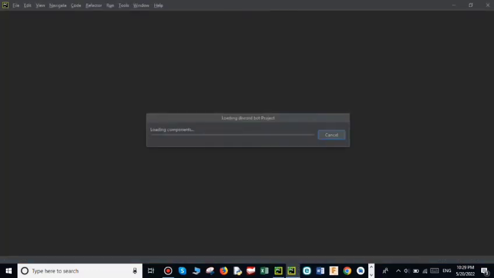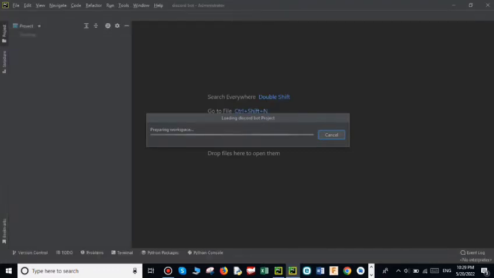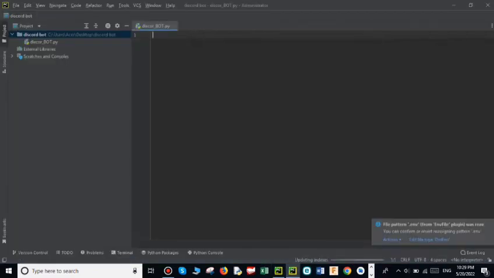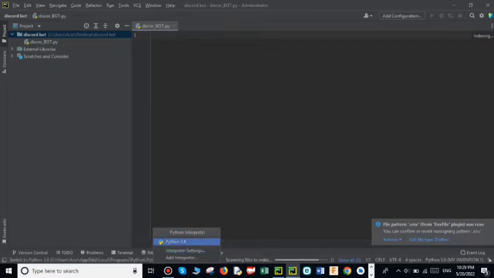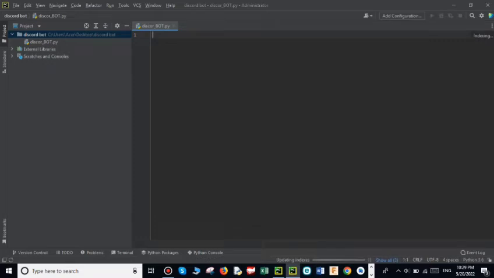Choose the folder, press OK, and wait. It's gonna take about 50 seconds. It will depend on your computer CPU, computer video card. So here you have to choose the Python interpreter. So I'm gonna choose the Python 3.6. That's great, and you have to wait just a little while, let it install all the